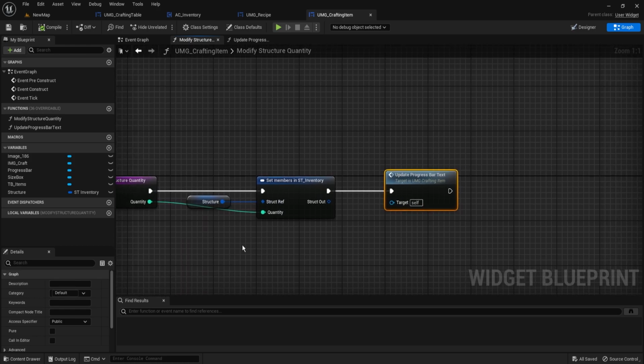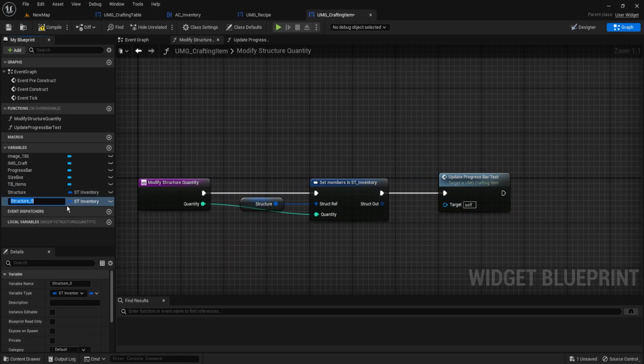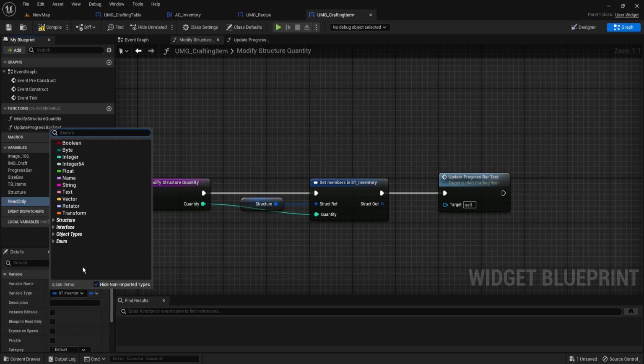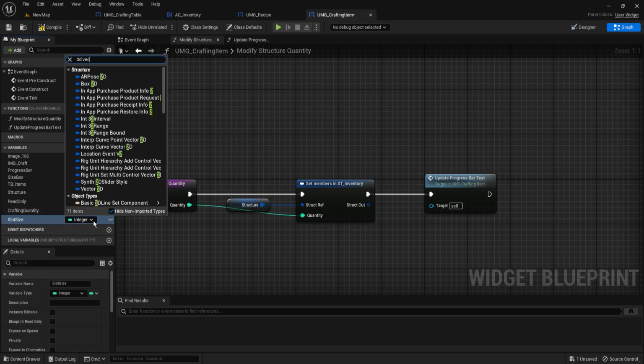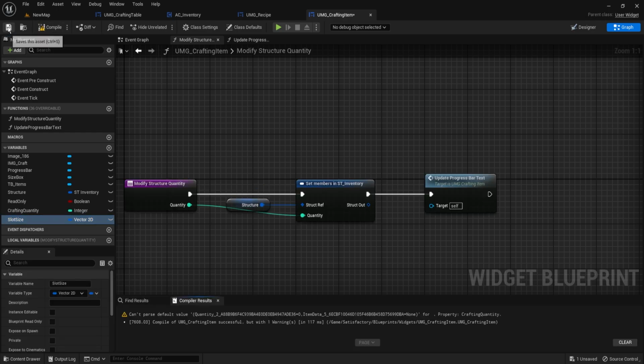And then what we need is we need a few more of these. We're going to need something called read only, which we won't be using just yet, but we might need it in the future, so we'll just make it here in case. Another variable we'll be calling crafting quantity, which is going to be an integer. And finally, the last one, which is going to be the slot size, and that's going to be a 2D vector. Compile, save,